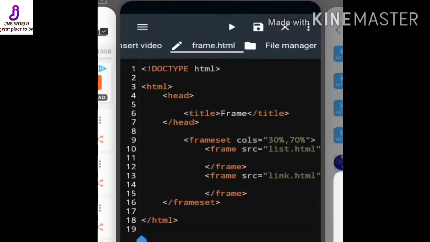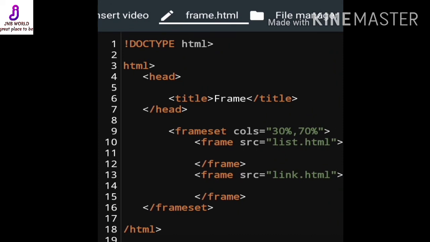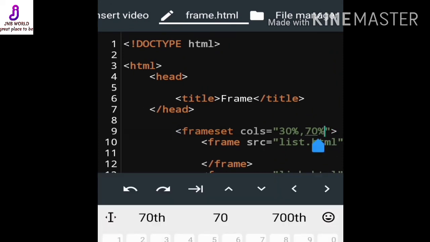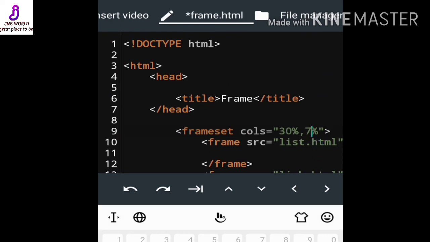So say for example, instead of 70%, 30%, I am giving 30%, 50%, and the last part is the remaining: 30 plus 50 is 80, and the remaining is 20%.